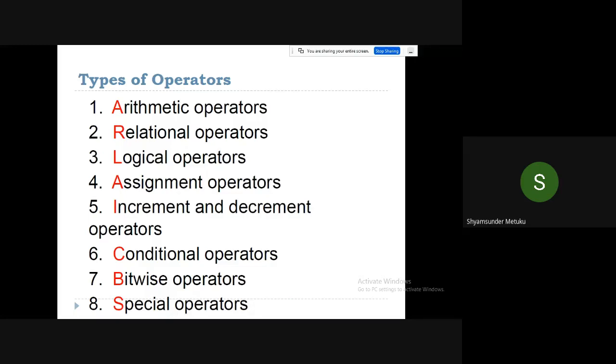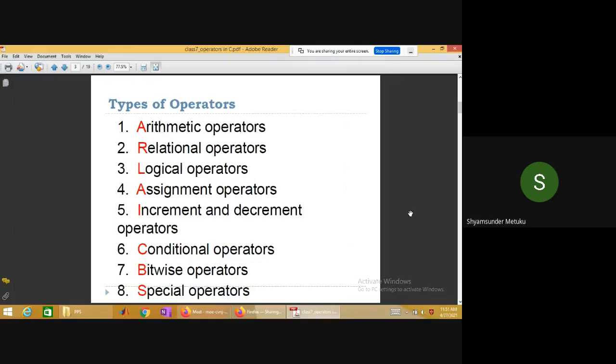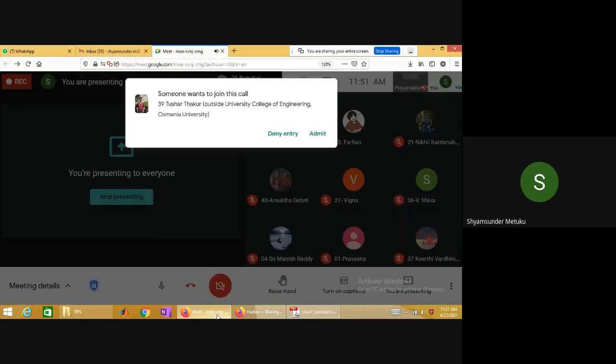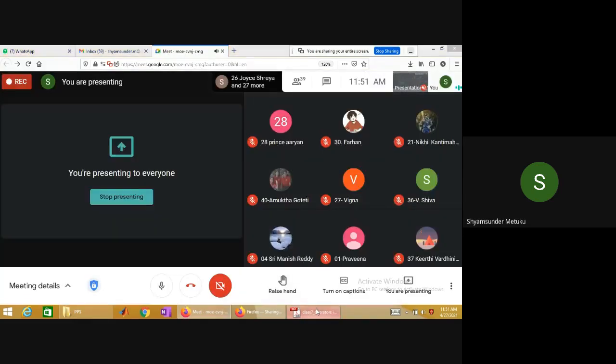Anyhow, I'm going to talk again about the third group of operators, called logical operators. Then comes assignment operators. Assignment is all about moving data from one variable to another variable. It means you're assigning the result of A plus B into the variable called C. That is called assignment. Equal to is also an assignment operator, but there are various variants of the assignment operators, which we will discuss one by one in the subsequent slides.